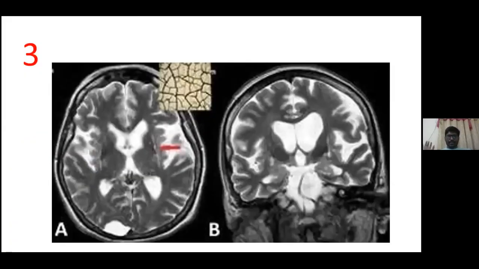Okay. Coming to the third image, again you see the CSF filled spaces, and all these CSF filled spaces are white. Again, this is a T2 axial section of the brain, the T2 sequence. I want to emphasize all the basal ganglia. So observe the basal ganglia structures.